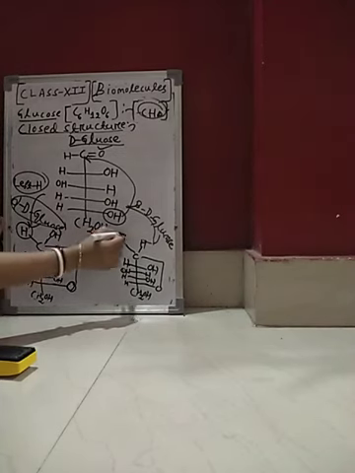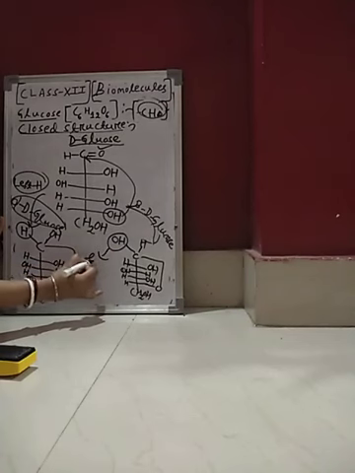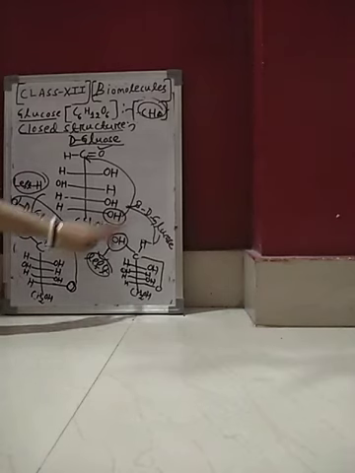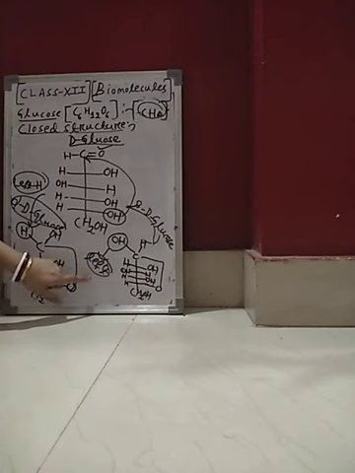Here what you have to remember? Here on the left OH is present. Here on the left H is present. So this is the closed structure for D-glucose. Two forms of D-glucose in the closed form: alpha D-glucose and beta D-glucose. What is the key point here? In case of alpha D-glucose, hydrogen must be present on the left side, and in case of beta D-glucose, OH must be present on the left side.